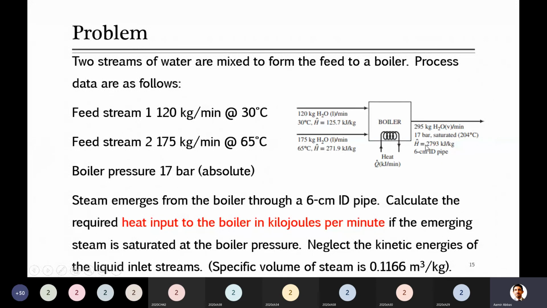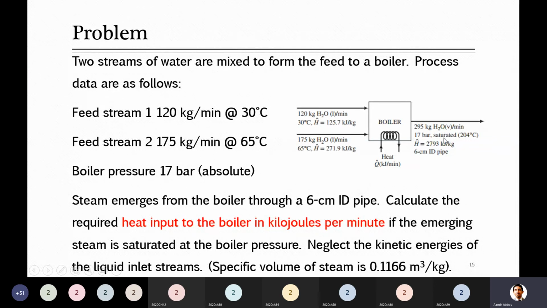Enthalpy at the outlet is also provided here. At the outlet there is a steam which is available at 17 bar, so that is also provided to you in this question. So this is all the information which is given here. And this which he mentioned here, saturated temperature, when we look at the steam table, we can find that when steam is produced at 17 bar and it is saturated steam, what is actually the saturation temperature at that time?